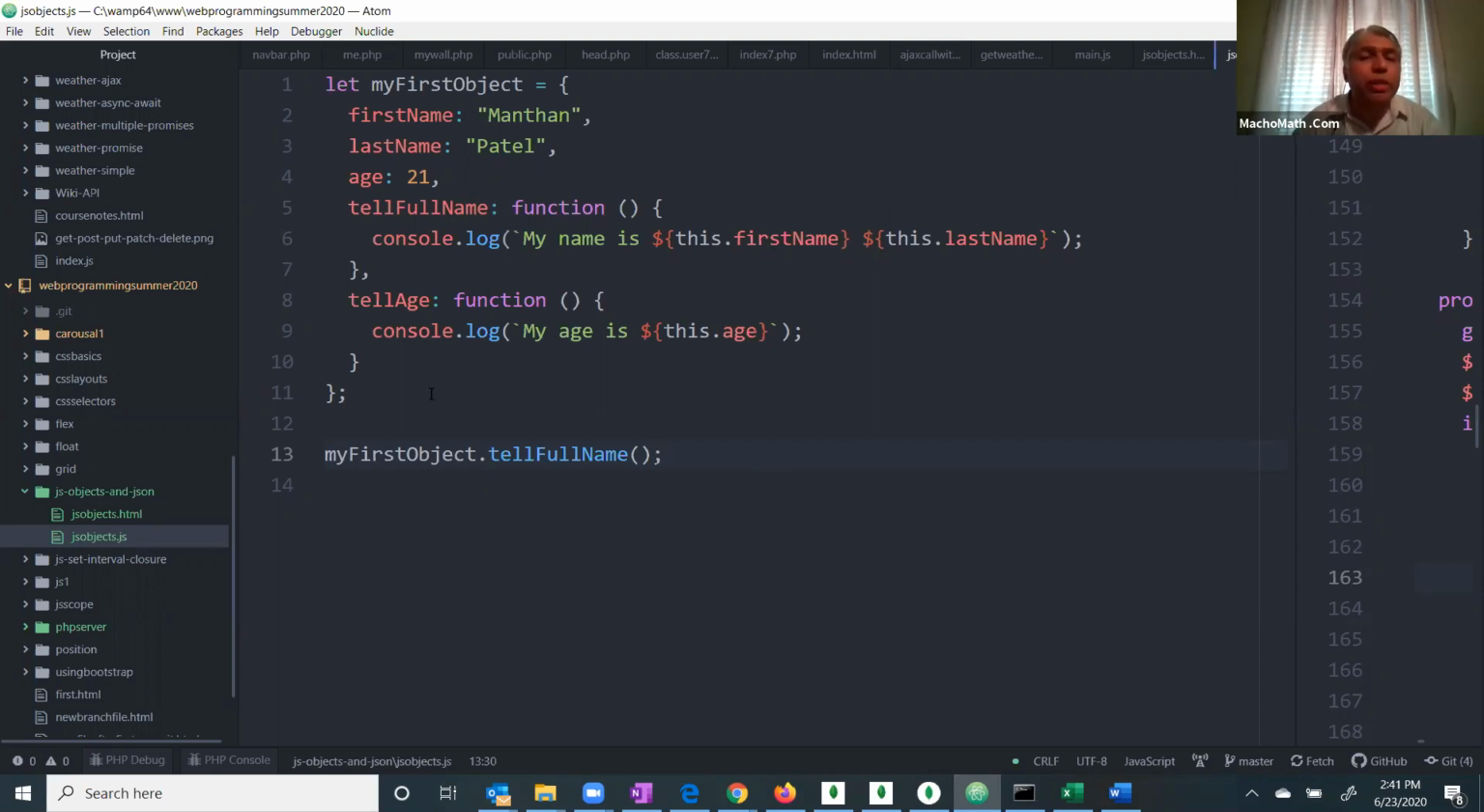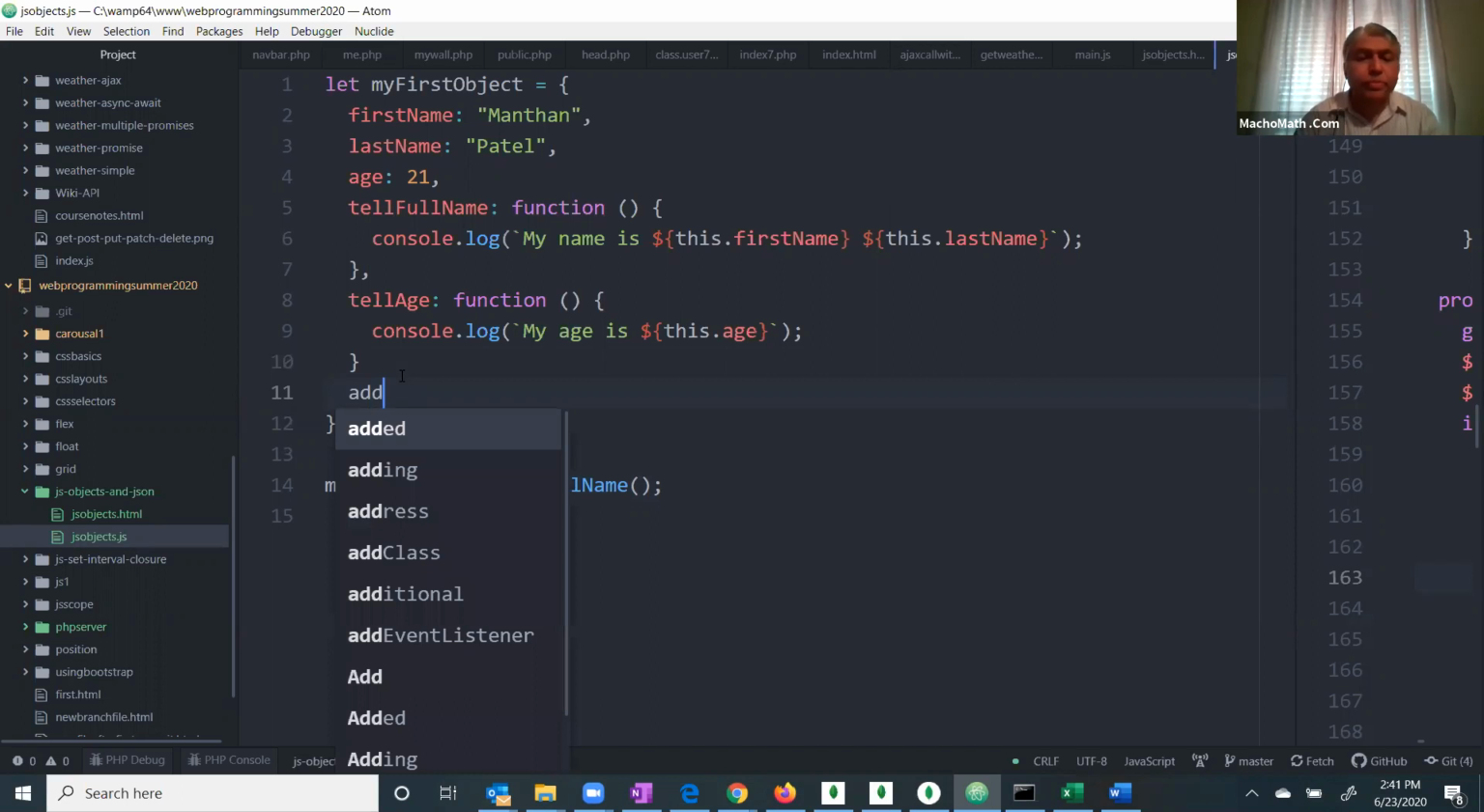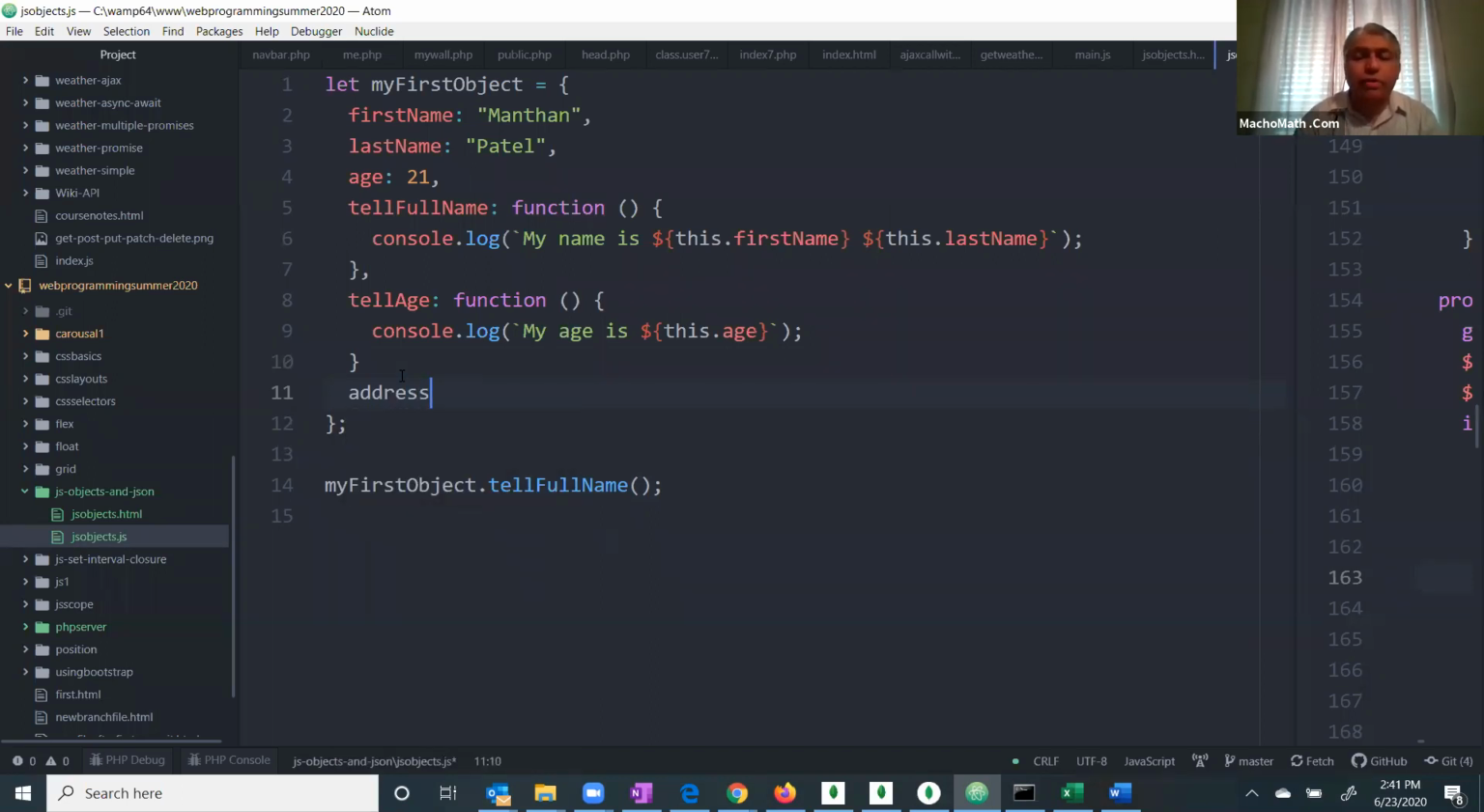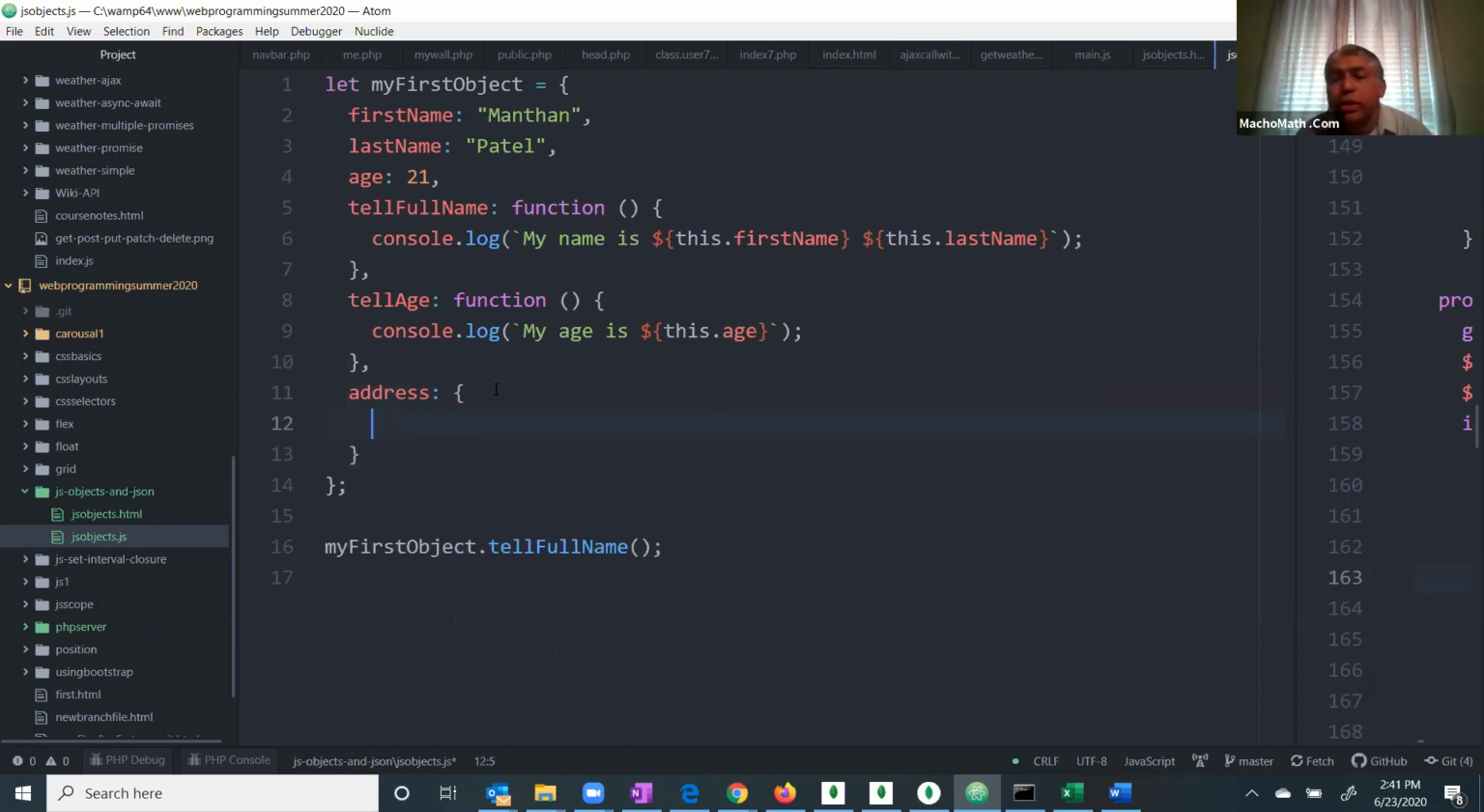Say for example, here we make another property of this object, address, right? So why is it white? Because I did not put a comma here. So address, for example, by itself could be an object. Say for example, we can say that address is an object, and it has